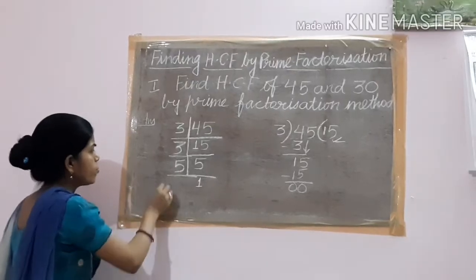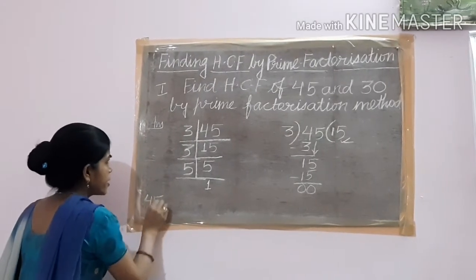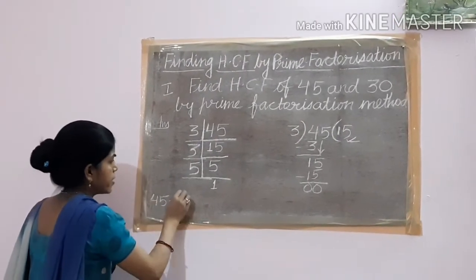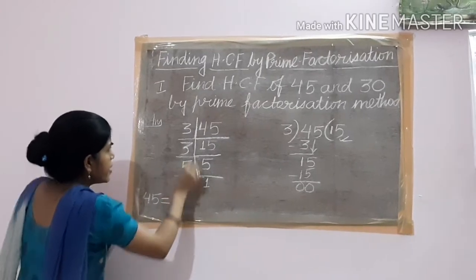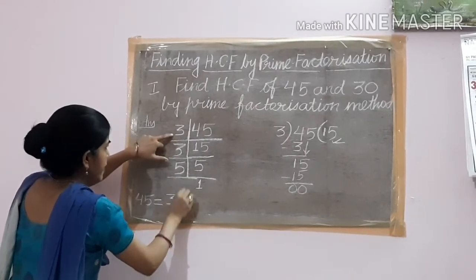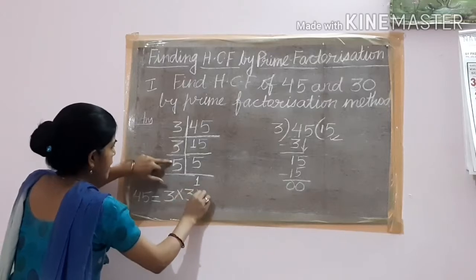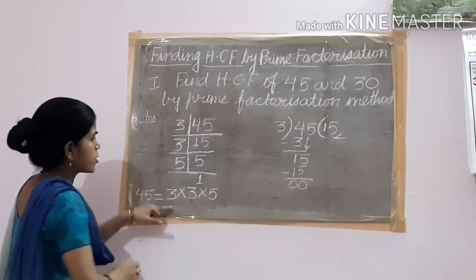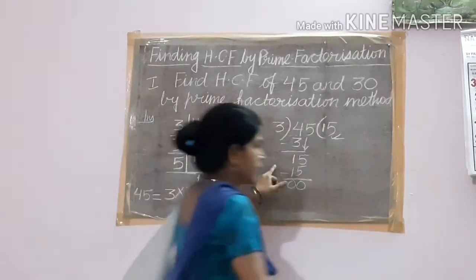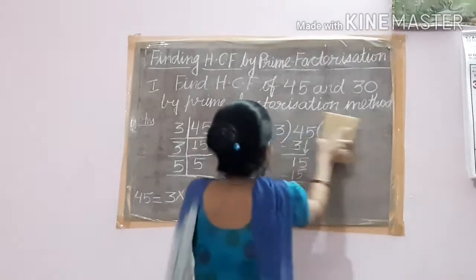Now what you have to do? The prime factors of 45: write down all these prime divisors. 3 multiplied by 3 multiplied by 5. So one number we have already done. Now the second number we have to divide